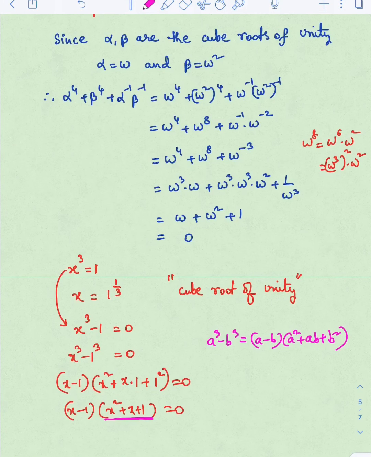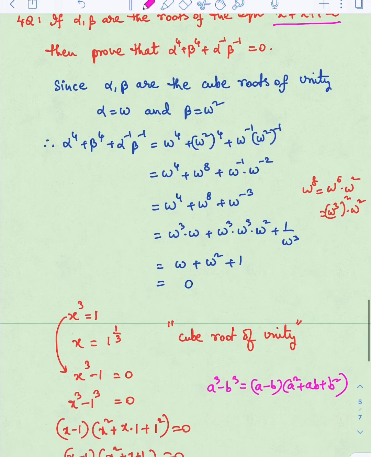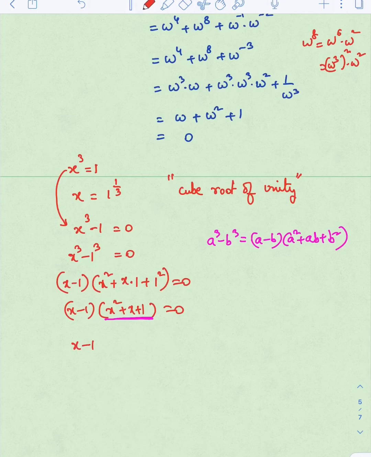Now see, this portion is our equation, which is x square plus x plus 1. So x square plus x plus 1 has cube roots of unity. That is written in this step. That equation is having cube roots. Okay. Because it is with degree 3. It has cube roots. And then what are those cube roots here in the question? See, I did not complete it. I will explain you. We go further.